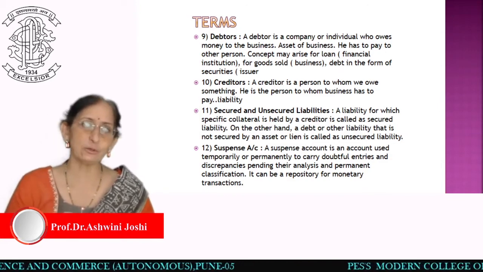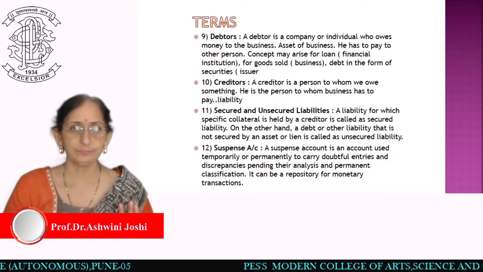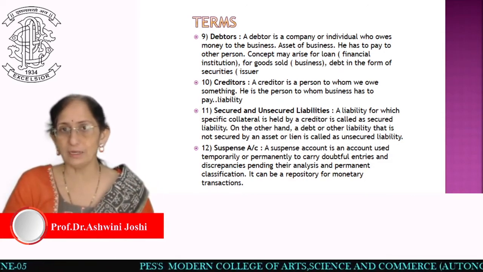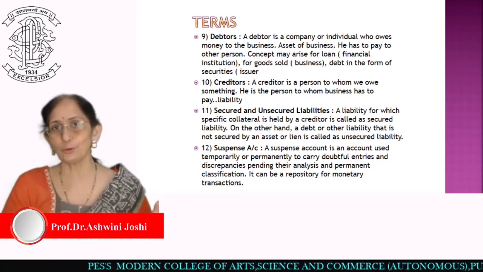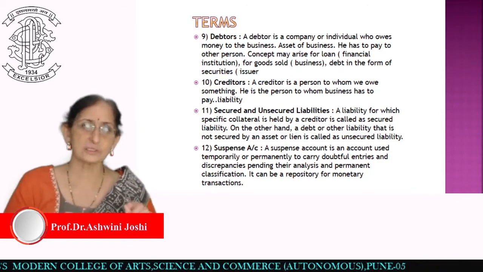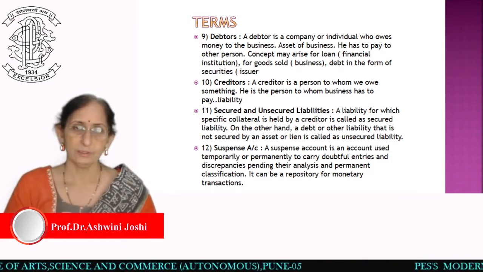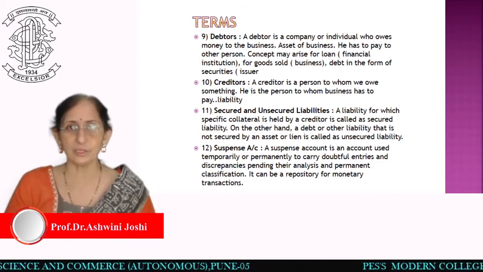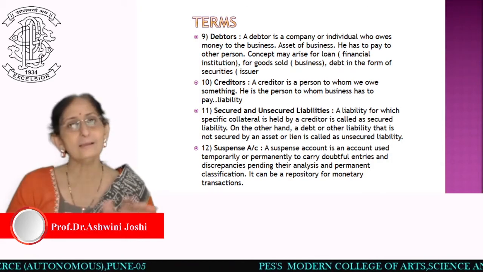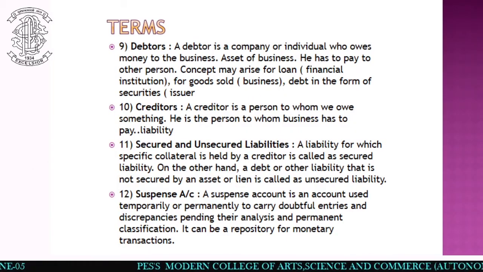Parallel to this, what will an unsecured liability be? No asset is given as security. You are not offering him anything. Whatever is your own goodwill in the market, based on that only he keeps faith. He believes that this person will pay my amount, and based on that he gives you the loan. It is a liability: you have taken something from the other, to be repaid. Secured and unsecured.